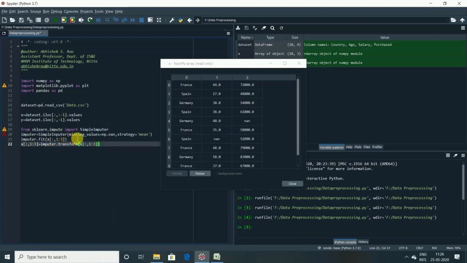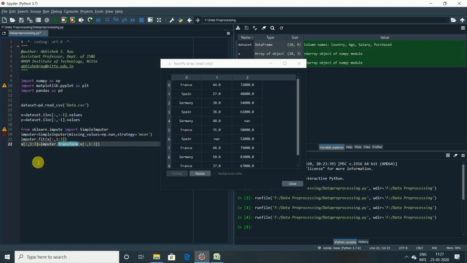After that you had checked for the missing values, that is nan, and you are going to apply the mean strategy so that it will take the average of the salaries and fill that value in the missing data. And finally you had done the fit method. This will check for the missing data and compute the average salary. The transform method will put the average salaries into that particular column in the data set. Right? Now we are done with the missing data.